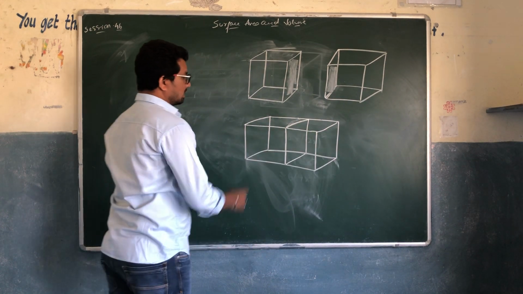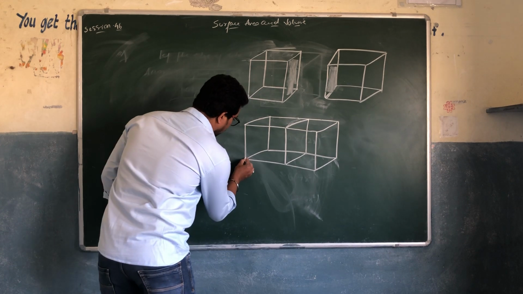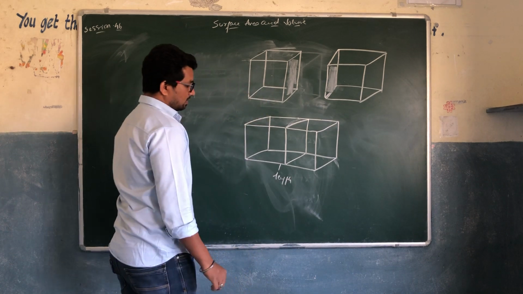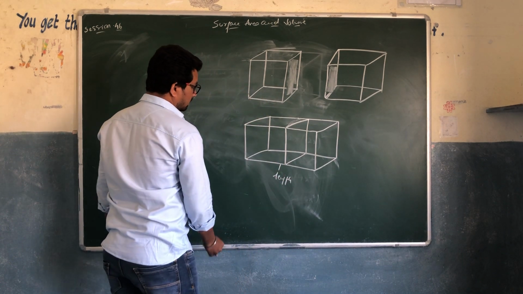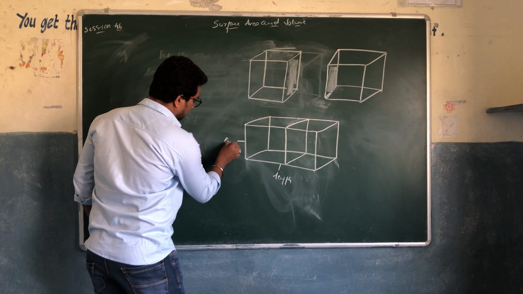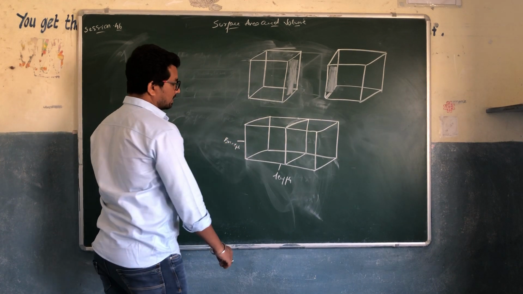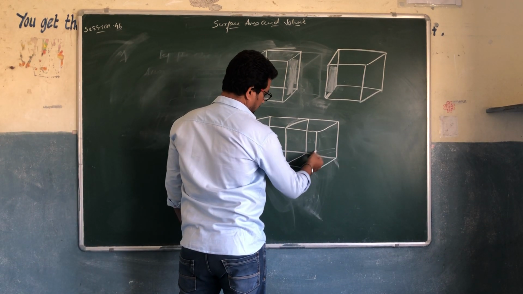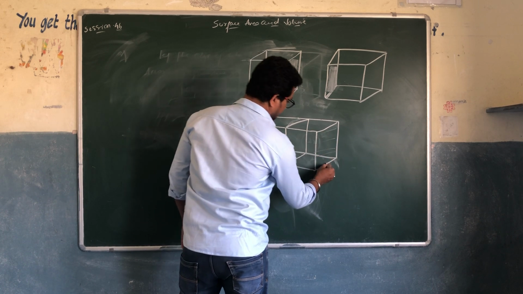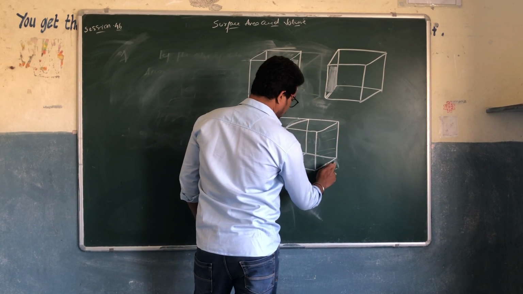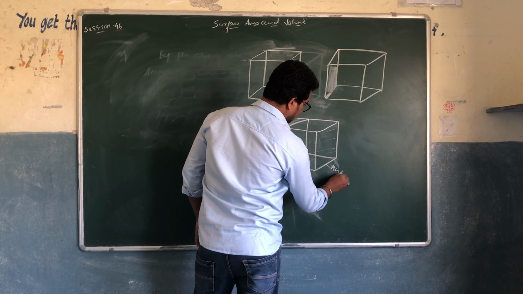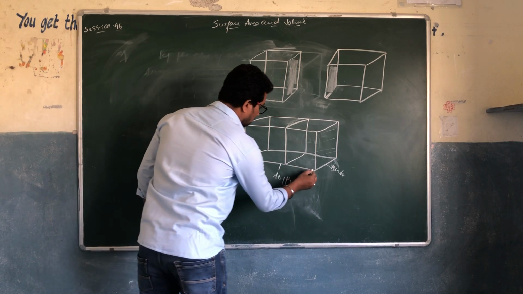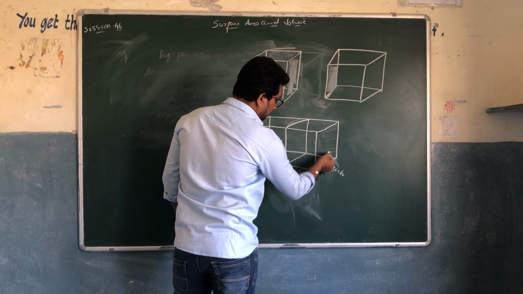Moreover, this became a cuboid, right? From here to here we will be calling as length, and this we will be calling as breadth. Next, what do we have? This one is height, sorry, this is breadth and this is height, right? This is length, this is height, this is breadth.